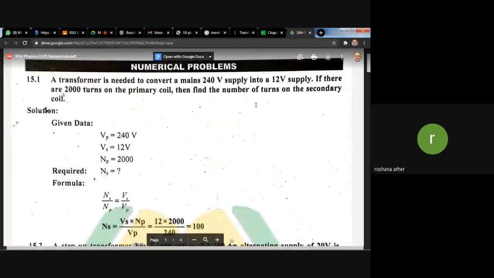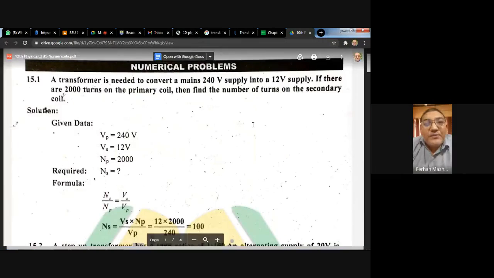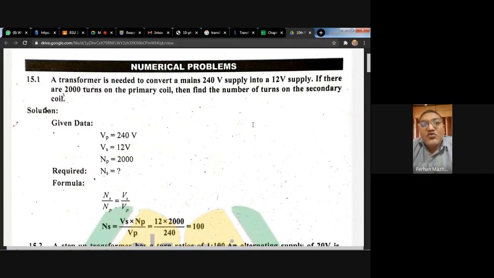Here we go. Okay. So VP is given, the voltage in the primary, 240 volt, and the secondary voltage is also given, VS, that is 12 volt. The number of turns in the primary is also given, 2000 turns. The number of turns in the secondary is the question. So we will solve it. You see,